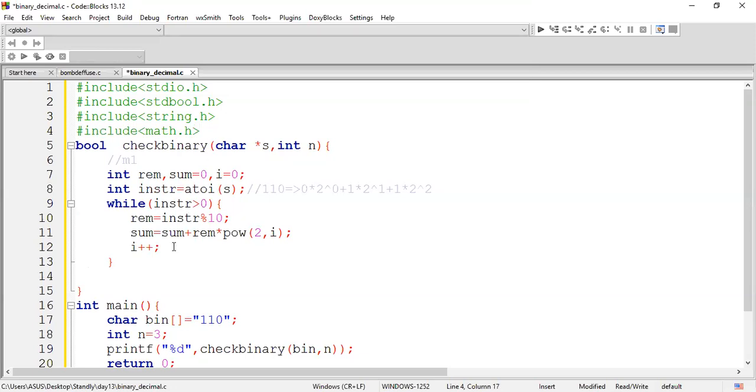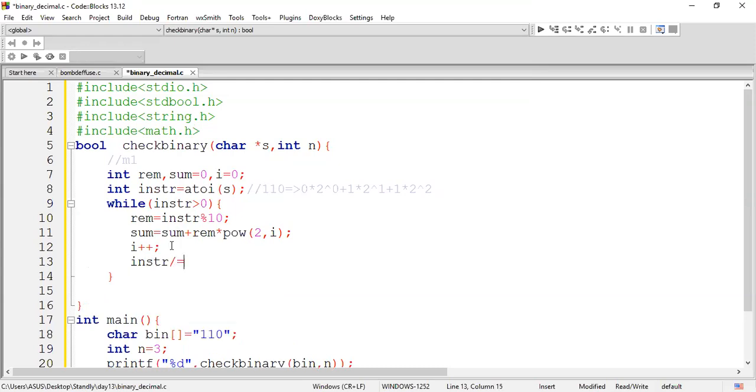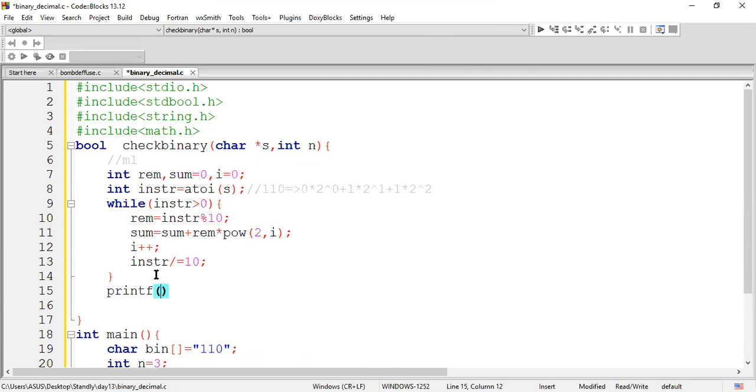This is done, and followed by it, I'm supposed to trim the number for each and every iteration. So let me mention in string divide by 10. Now what's going to happen is that throughout the program, I'll form the equivalent integer number for the given number, an equivalent decimal number. For our reference, let us print it. Just by printing sum, we can identify what is calculated.